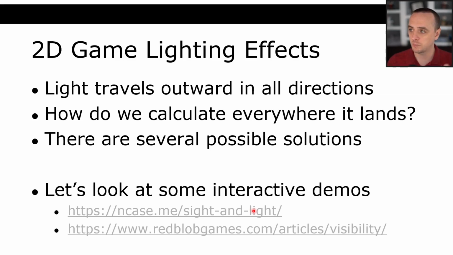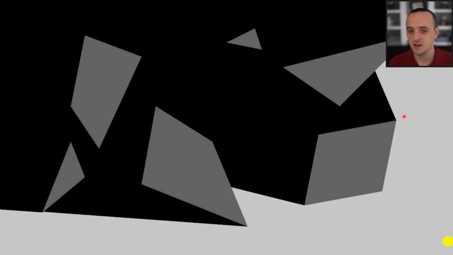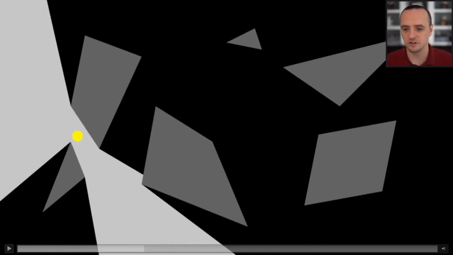And then for your project, you are going to have to include some sort of lighting effect. Okay? And you can use this one if you want to, or you can use any of the math on this page. I do not mind if you take their methods. I just want you to include on the project, which we'll talk about next week, one of the requirements is that you have to do a lighting effect. So if you want to do something like this, if this starts up, you can, and you'll know how to do the math of this pretty soon. All right, so let's go to this website,